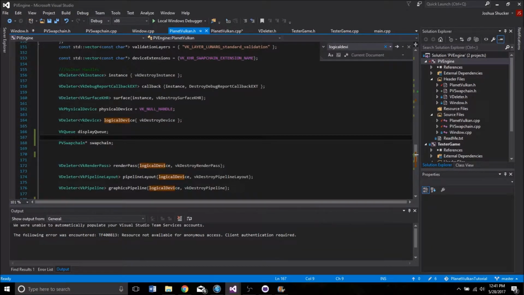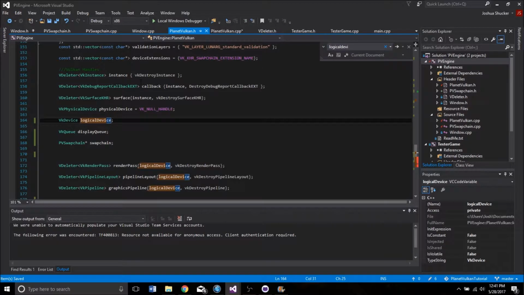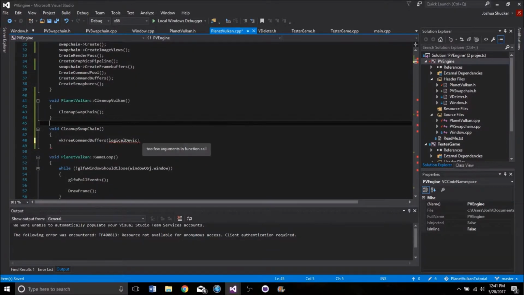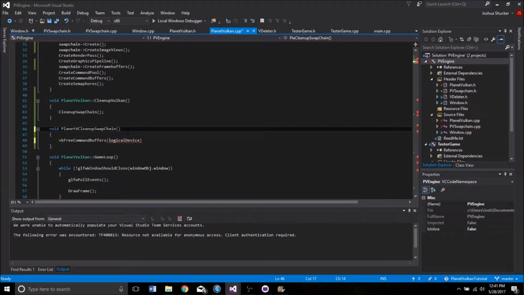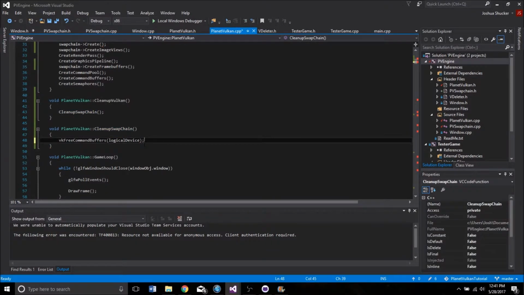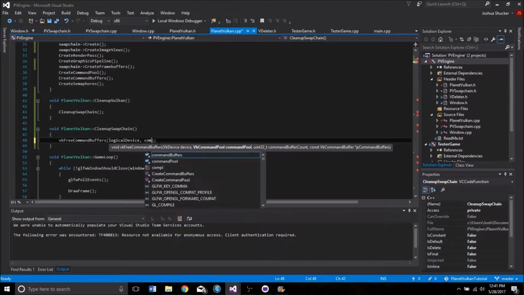Logical device is still being handled by VDeleter. Let's go ahead and take care of that now. So get rid of VDeleter, get rid of its destroy function. There we go. We're going to handle how that gets destroyed in a minute, but we need it immediately. So logical device. Still not working with me? Oh, cleanup swap chain does not have the proper scope. Usually I'm so good about that. Okay, there we go. So, free command buffers, pass in logical device, command pool,